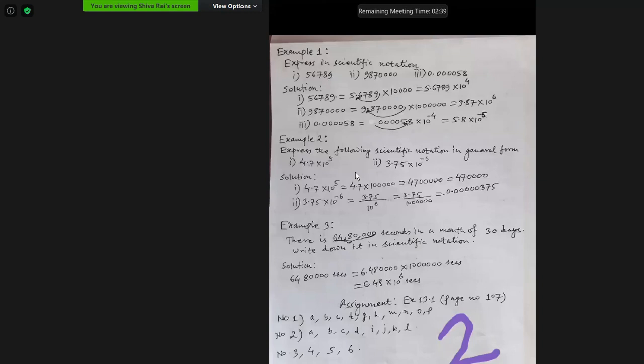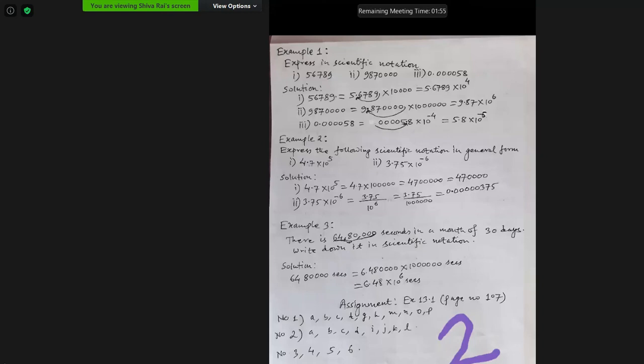3. Before 3, if you bring 1 place, 1 zero, 2 zeros, 3 zeros, 4 zeros, 5 zeros, all together with 3, it is shifting 6 places left. Like this, if you divide, its value decreases, you know. While dividing, value does not increase. So if you divide by 10 lakh, which means 10 to the power 6, the decimal shifts 6 places left. Remember this rule.